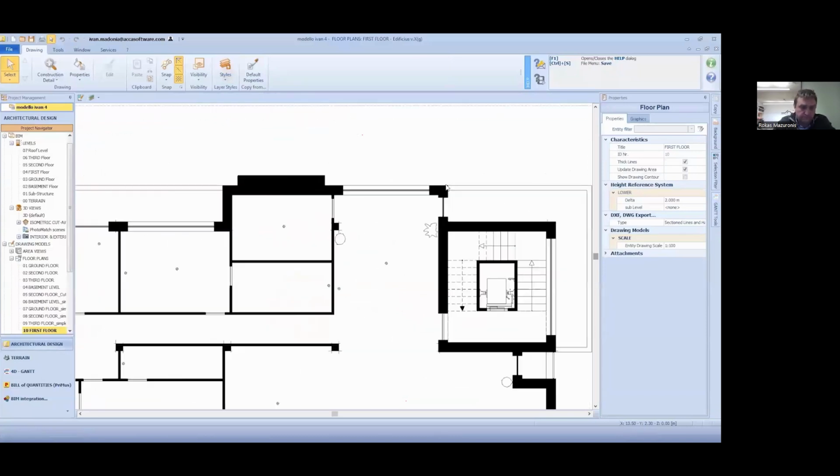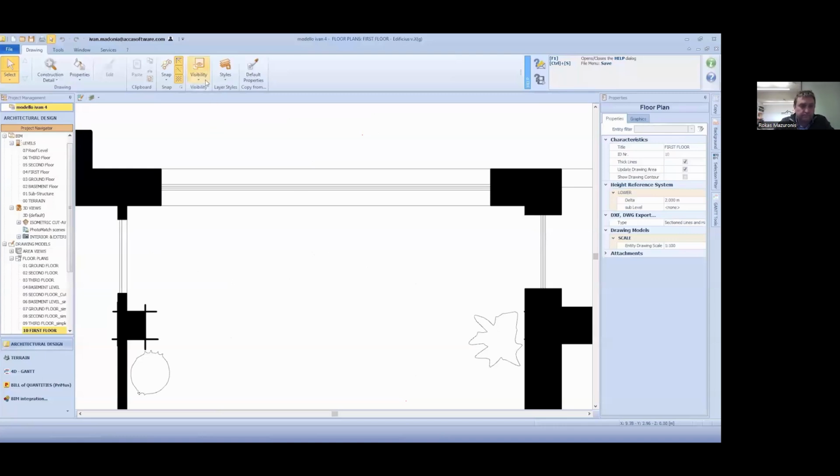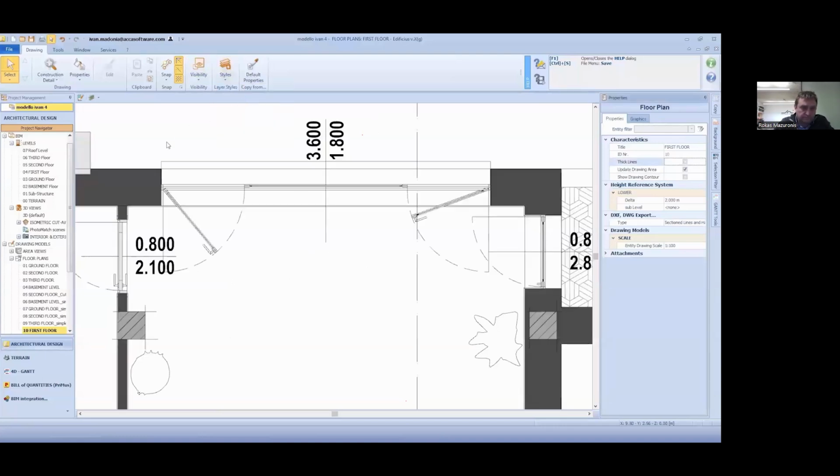We can set them as default, or we can copy paste styles from one drawing to another. Here we have a more detailed view where we can also see the opening angles of our doors and windows.